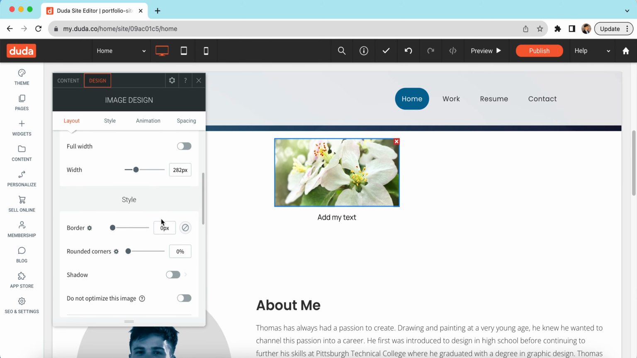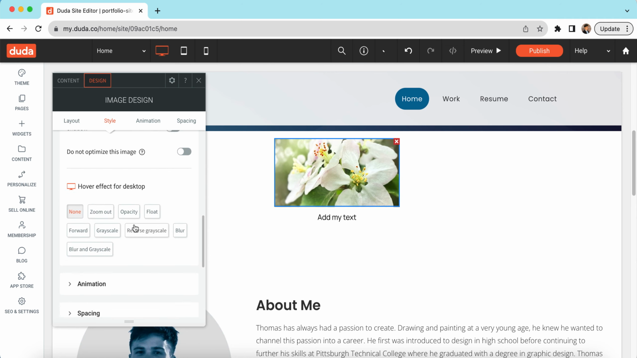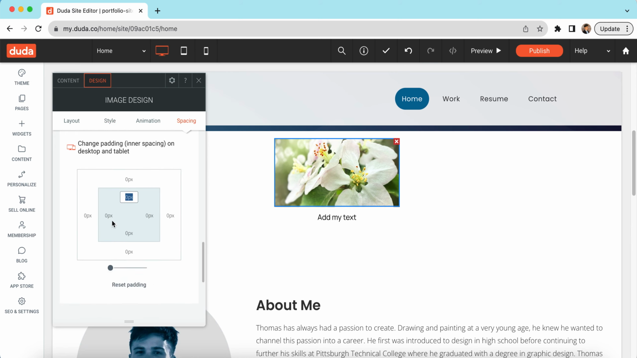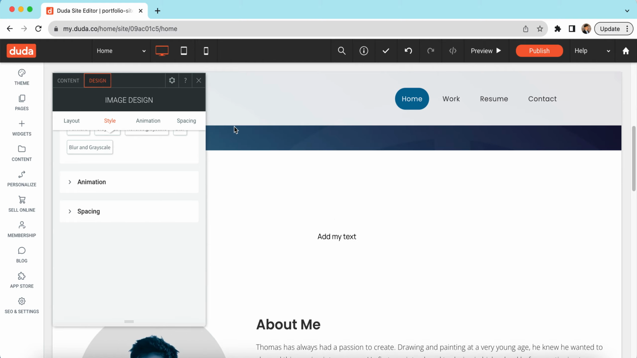You can add different styles. You can add a shadow. You can add rounded corners to these images. You can add a border if you like. There's all kinds of different settings here. You can add a different hover effect, animations. The spacing for like the padding and the margins is also here. Same with the text. You can do that as well. But that's one way